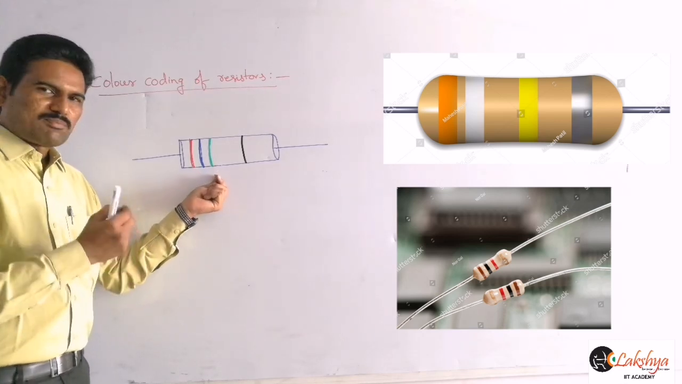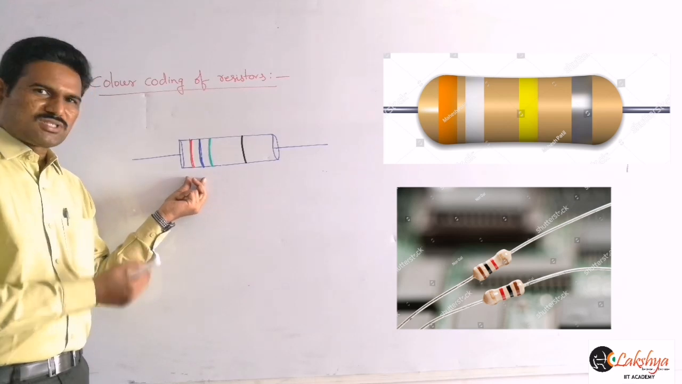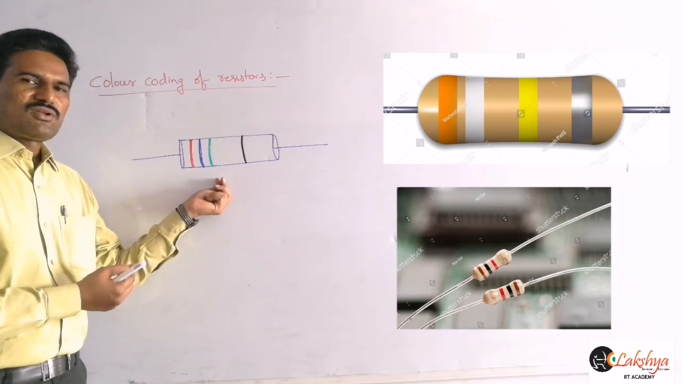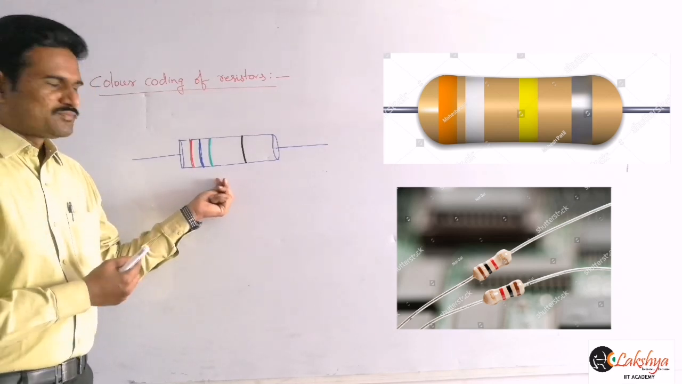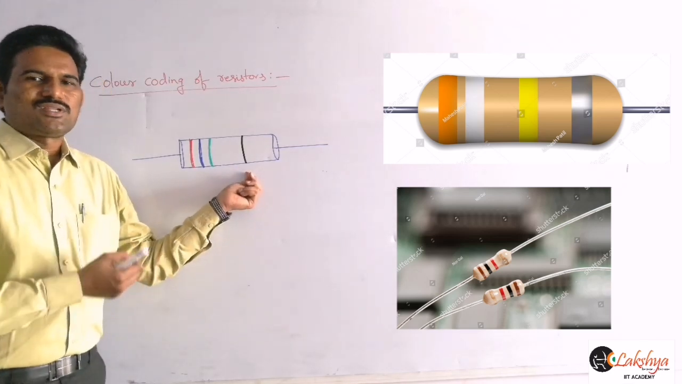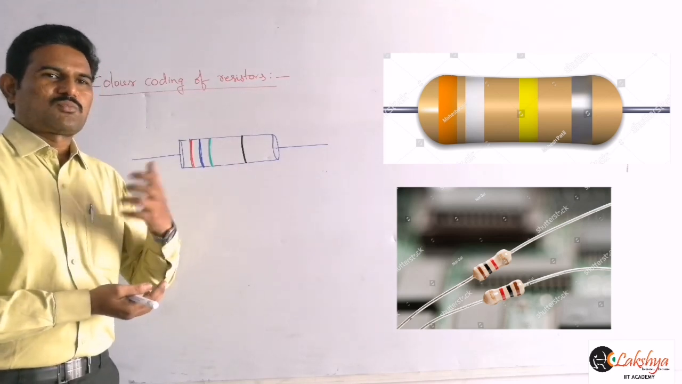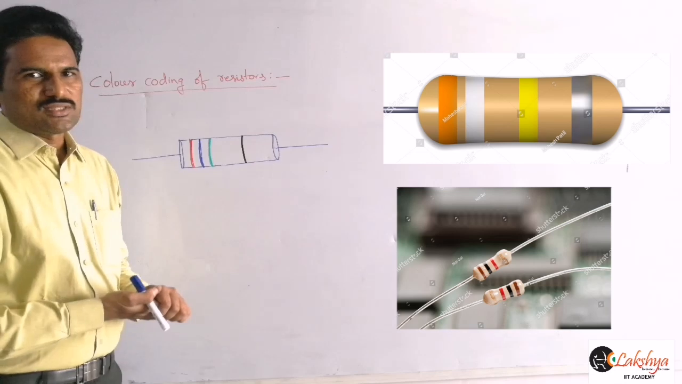That means I can clearly say it as the 10 power value. These two values are the two significant figures. The third band will represent the 10 power value, and the fourth band will represent the tolerance of the resistance. In the general meaning, it is a possible error in that. The tolerance is nothing but